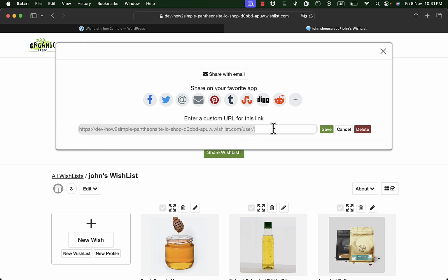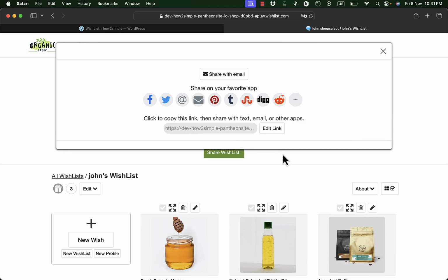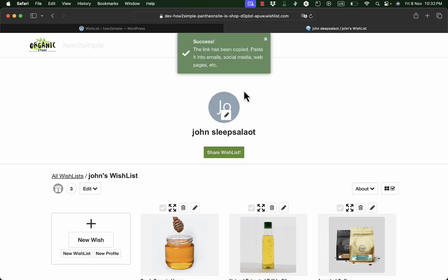So you can do it right here, add whatever tag that you want. However, I'll just leave it as default. And if I click on the link, I can copy it right here. So before I show you the other perspective, which is the family member or friend perspective who gets or